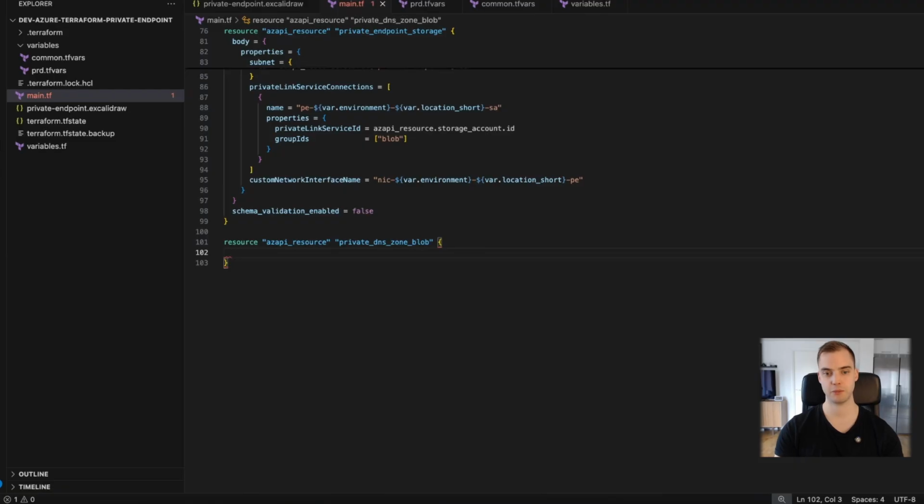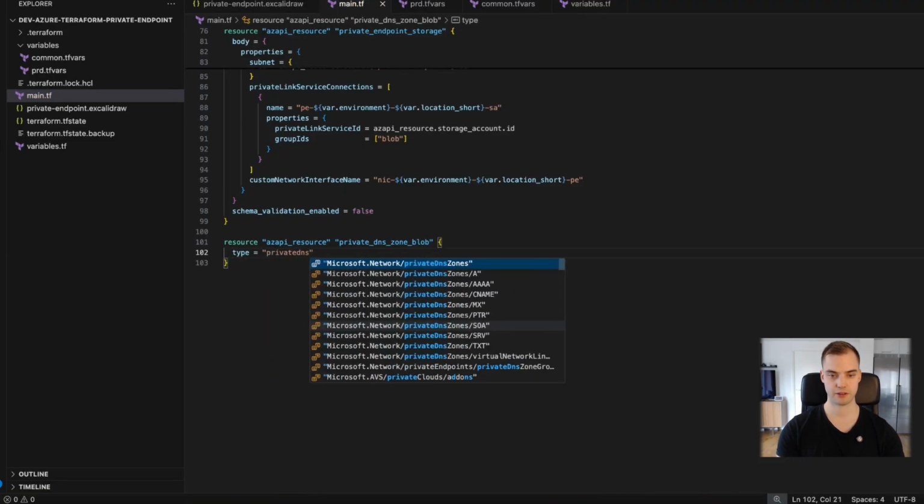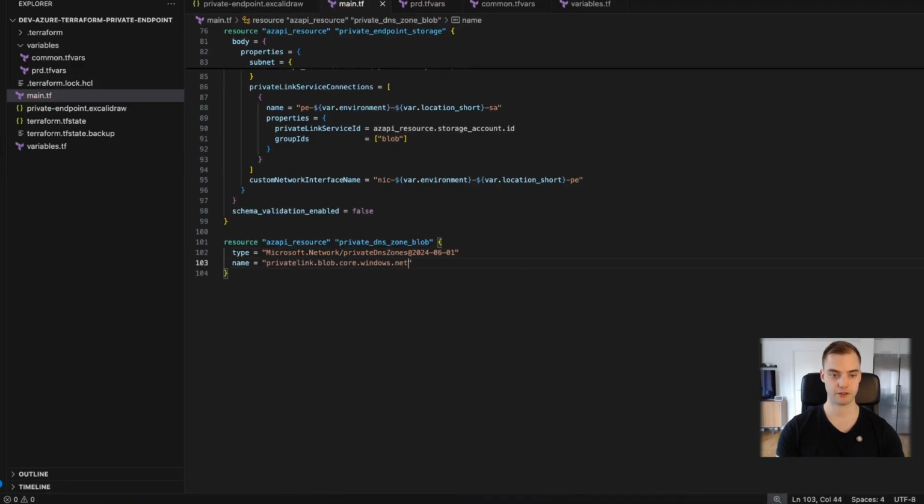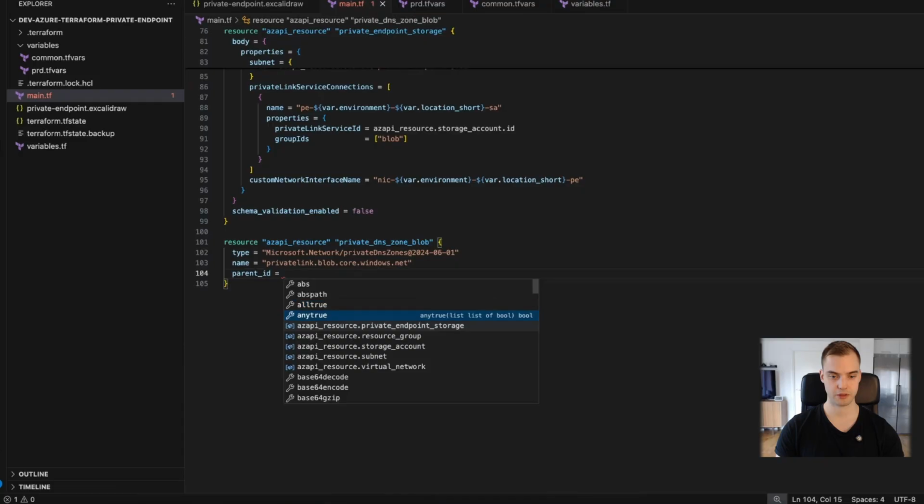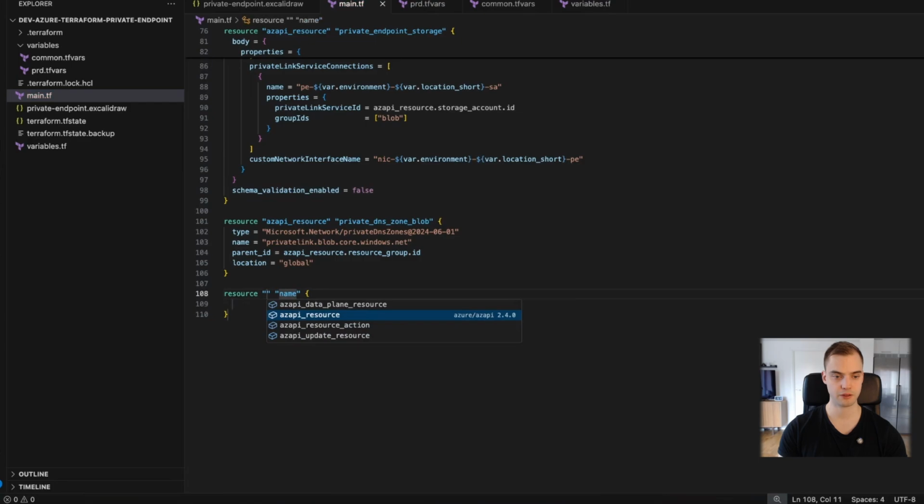So this just makes it a little bit more future proofed. So the type is private DNS zone. The name in this case is, rightfully so, privatelink.blob.core.windows.net. It's very important that you have this privatelink in the name. The parent ID is going to be towards the resource group, and we don't need to do much else with the private DNS zone, but we do need to have another resource, and that's called a private DNS zone blob